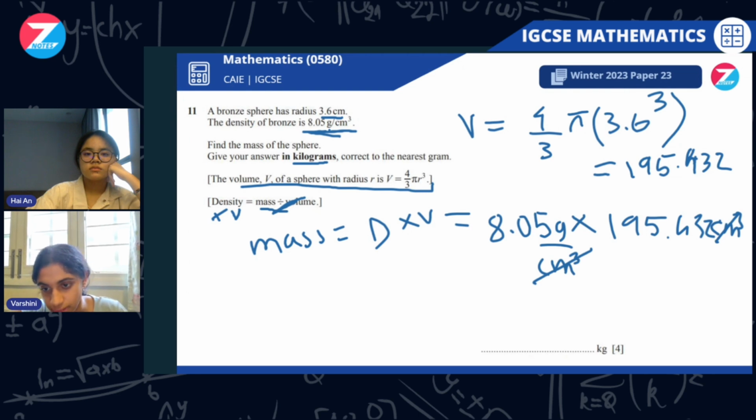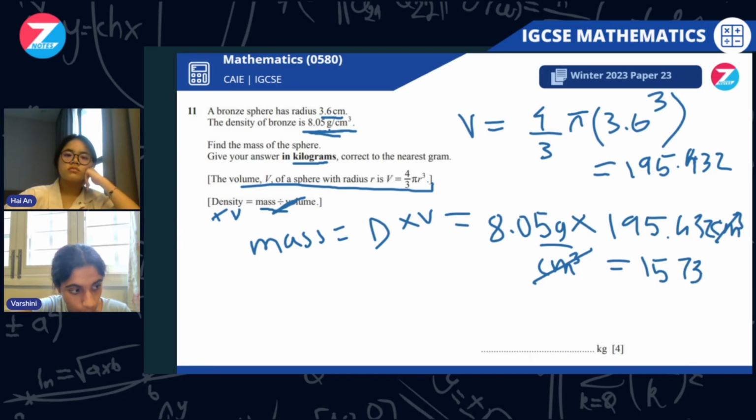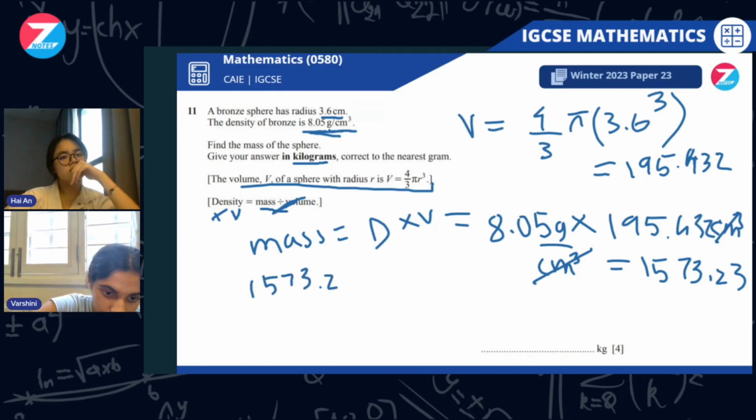Okay, so let's calculate our value in grams. So all you need to do is multiply the value in your calculator. Try not to round it off. So multiply that into 8.05, and you should get 1573.23, something similar to that. Okay, so now that we have that, we know that's in grams. Okay, so 1573.23 grams, and we also know that 1000 grams